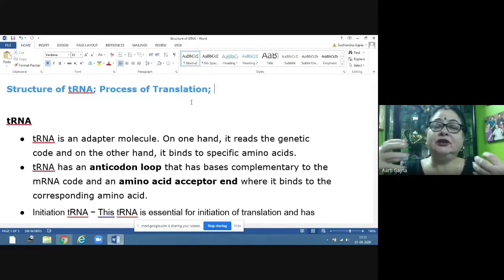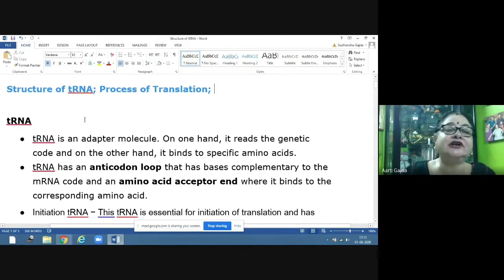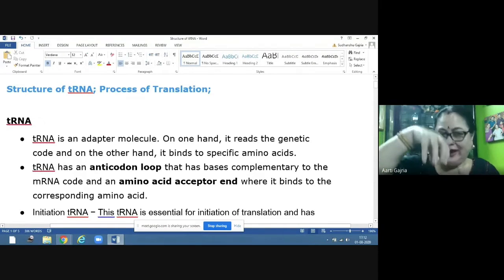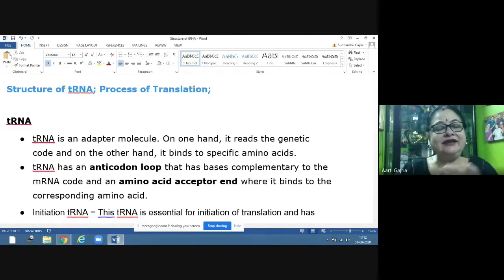In a protein, the amino acids are joined together by peptide bonds to form a polypeptide, that is protein. So all this work is done by the transfer RNA, and that's why it is called an adapter molecule. It has two main ends. On one end, it reads the genetic code from the messenger RNA. And on the other end, it binds to specific amino acids. That means at one end it is bringing the amino acid, and the other end is reading the code on